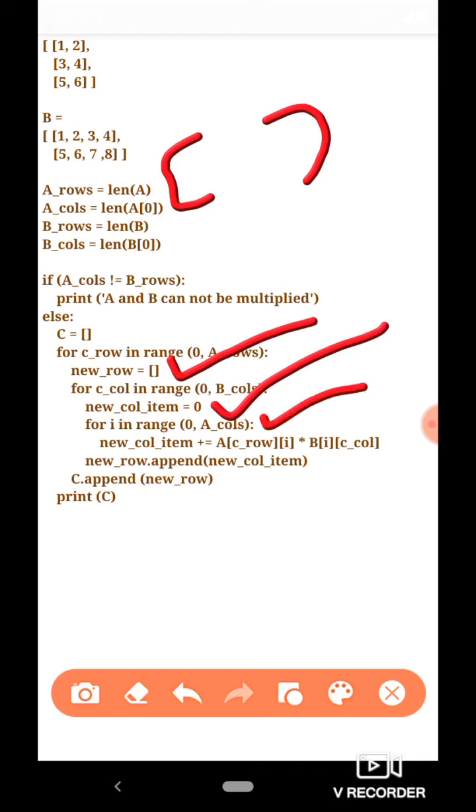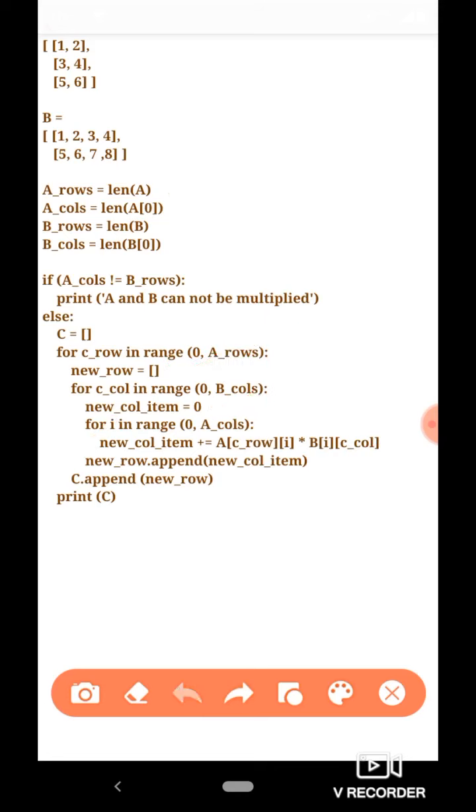So we need to append this new column item to this new row. Then for the next C column value we again run a loop so that we can obtain the next column value of matrix C for the same C row value.